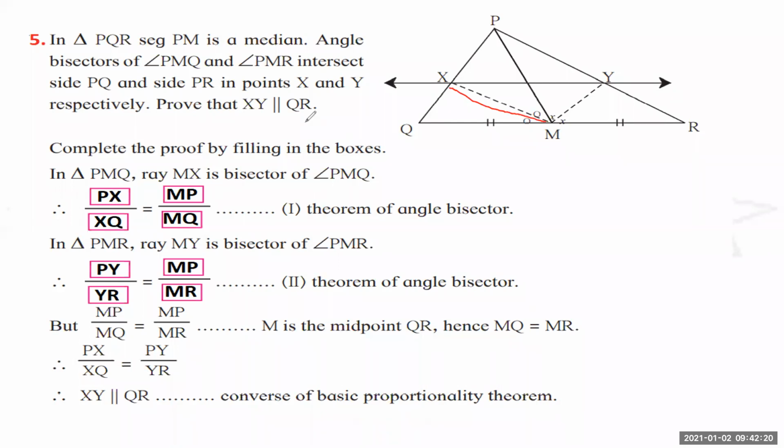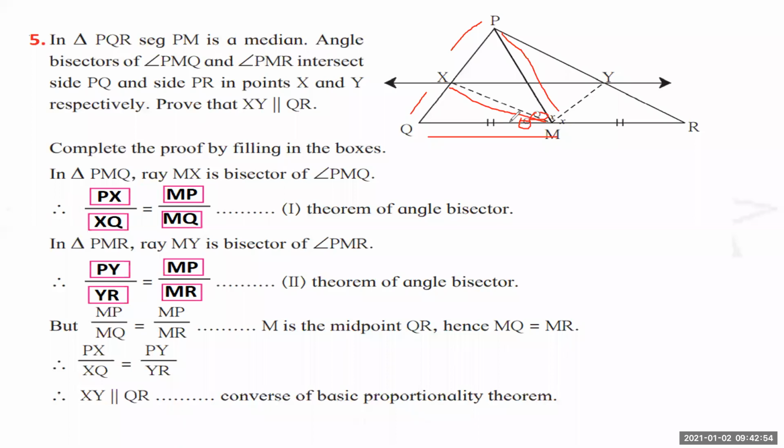So you will get PX upon XQ, equal to the ratio of the two remaining sides of the triangle, MP and MQ. You don't have to learn much more in this. Just look at the figure and you'll understand which property. The two signs shown indicate that the two angles are congruent. When the two angles are congruent, the line passing in between is the angle bisector. If you apply some basic logic, you'll come closer.